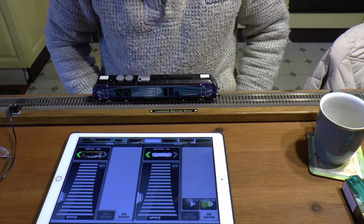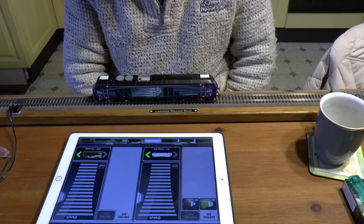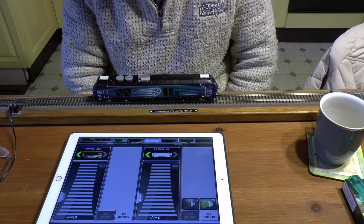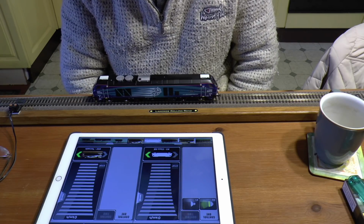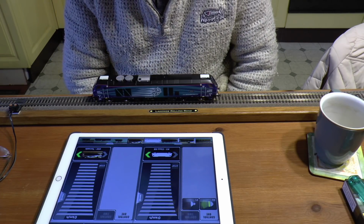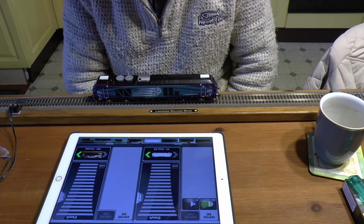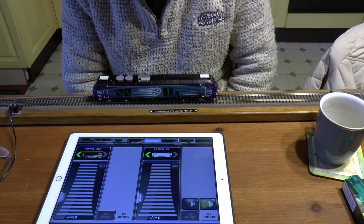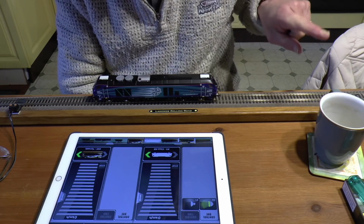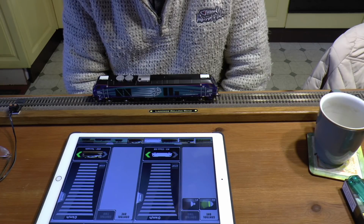So as regards the Z21, absolutely fantastic so far. I've managed to now code in 20 steamers, and I've probably got at least another 10 to do. Then I can start on the diesels and the diesel electrics, etc. But I'm going to do all the steamers first and get those out of the way. I've got 1, 2, 3, 4, 5, 6, 7, 8 steamers on the table over there, which I've just done, and so there's probably another 10 at least to do,